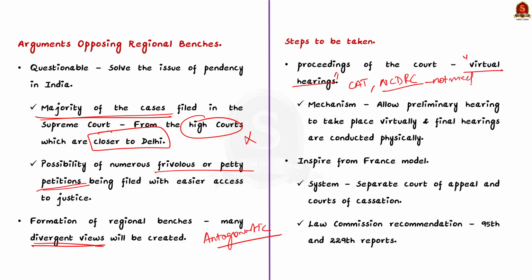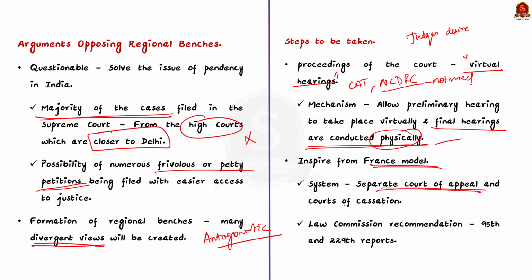But note that many judges also prefer lawyers to be physically present to increase the veracity of the judgment. Therefore, a golden mean of both could be a panacea to solve this. That is, a mechanism should be put in place to allow preliminary hearings to take place virtually, while final hearings are conducted physically. Secondly, India should take inspiration from France and implement a system comprising a separate court of appeal